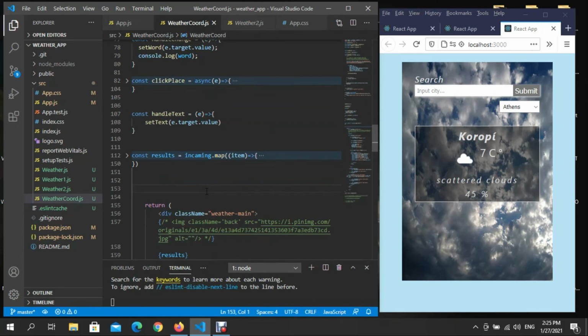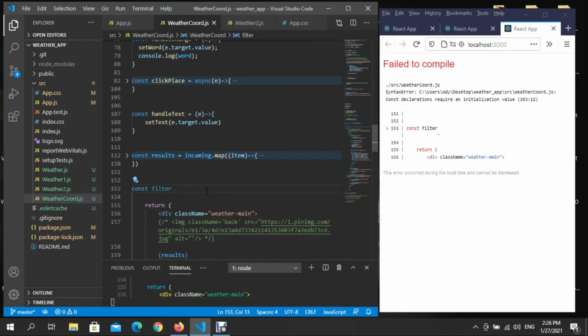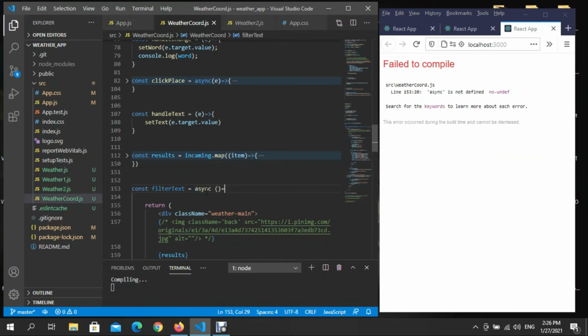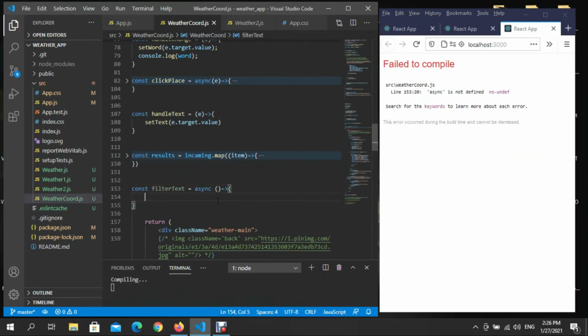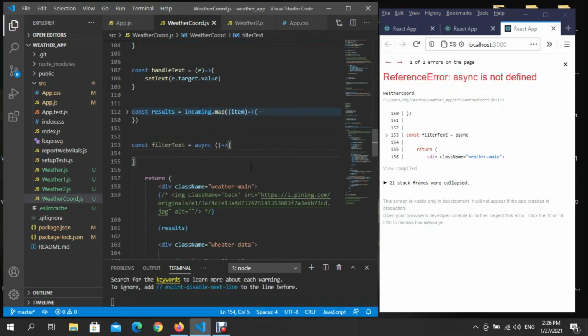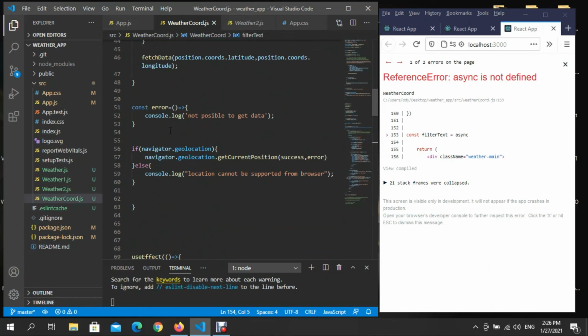I'm gonna create the const because I want to filter text equal with async, okay, right, and we want to take, let me see, go inside in